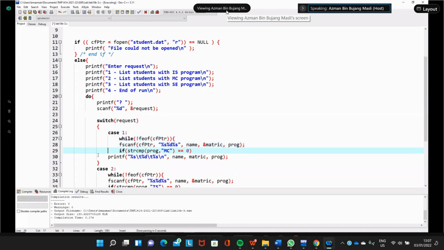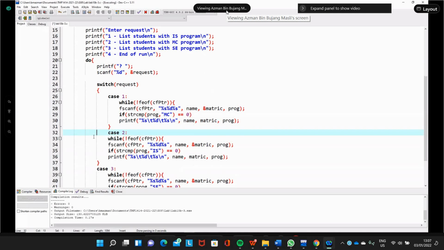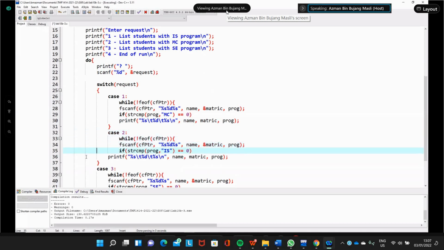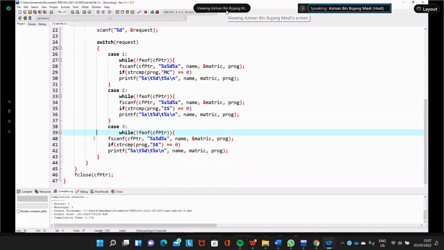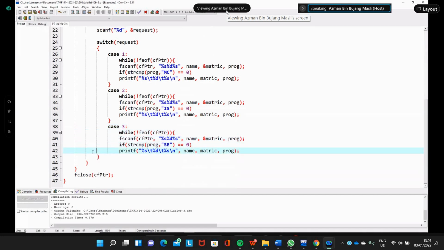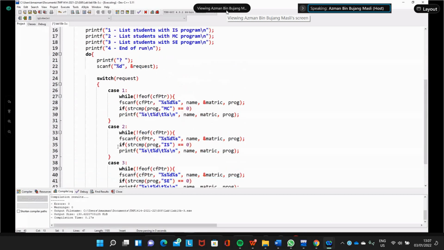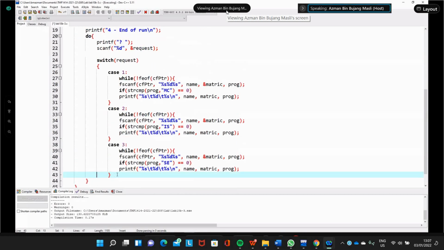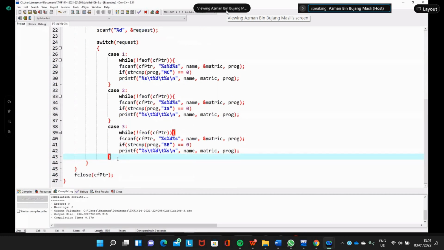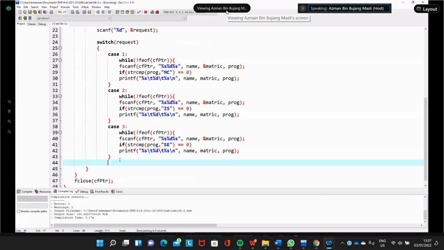Okay, and then this is the case. This program is a bit long, okay? And then this is a do, all that thing, and then while, okay? While, so this is the while.